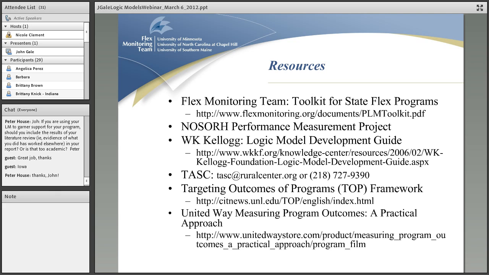Okay, I think I'd also like to suggest that maybe we can, as a group, continue with follow-up in the FLEX program forum about discussions with logic models, how some of the FLEX programs are beginning to incorporate those into